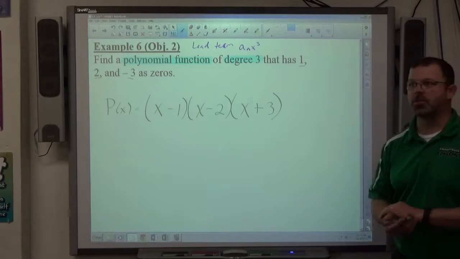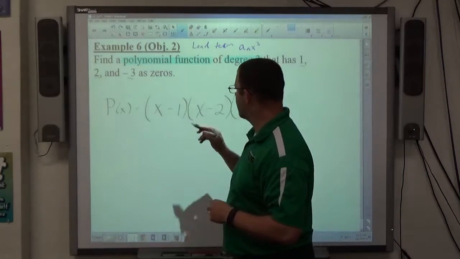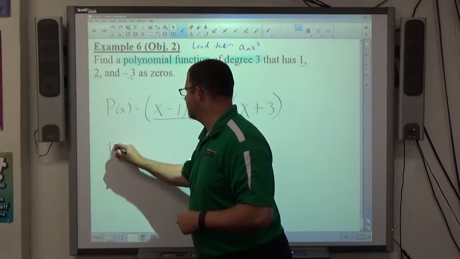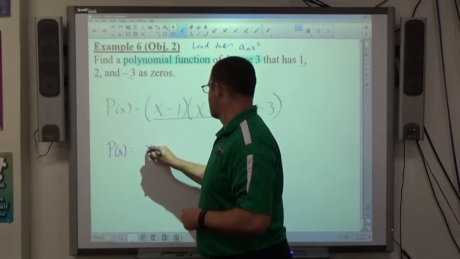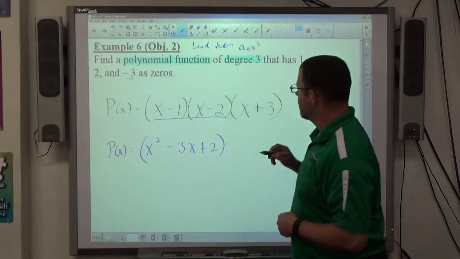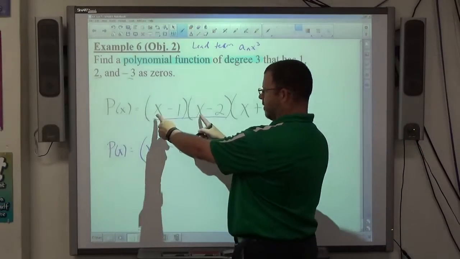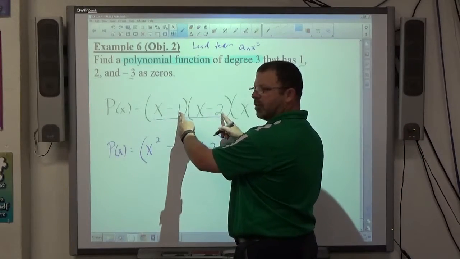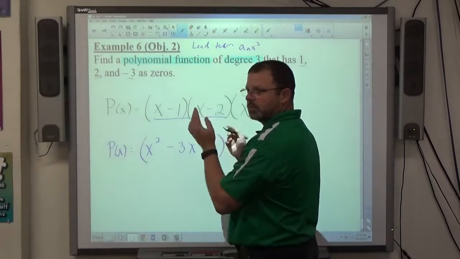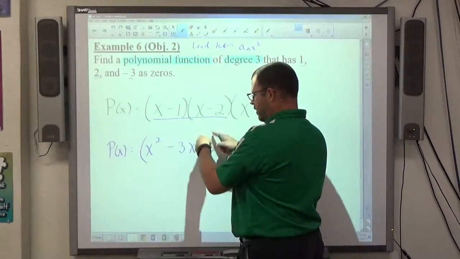The last thing to do, though, is to actually multiply it out. FOIL it, distributive property. So if I FOIL these two here, x squared minus 3x plus 2, I just shortcut FOILed it. First times first is x squared, last times last is plus 2. Negative 1 and negative 2, negative 3 is negative 3x. So it's always x squared if it's just x's, and then product sum,